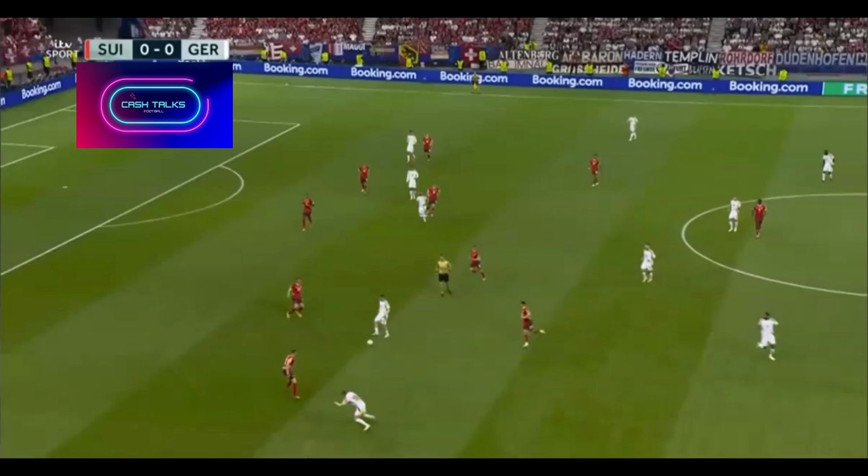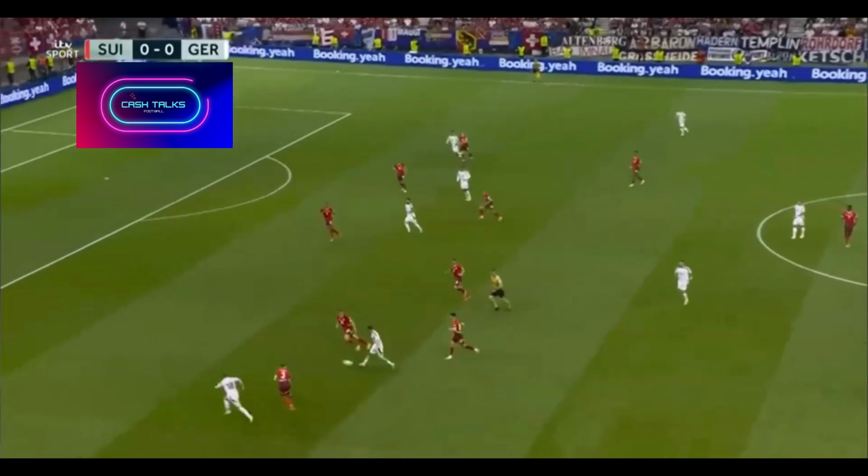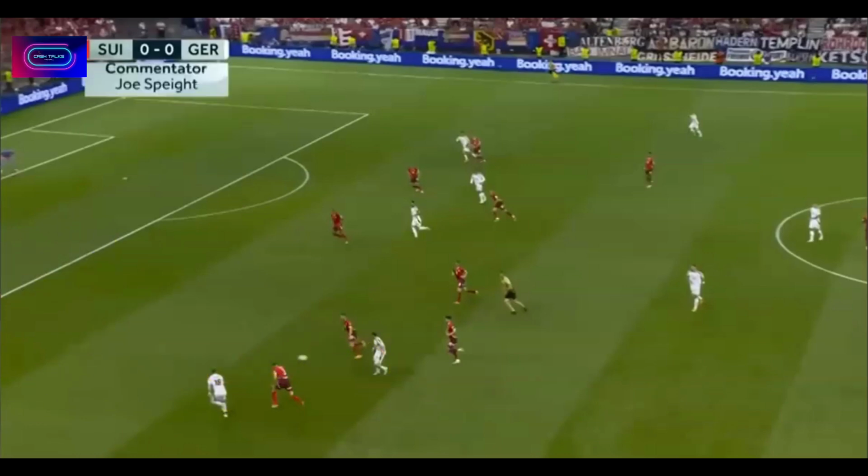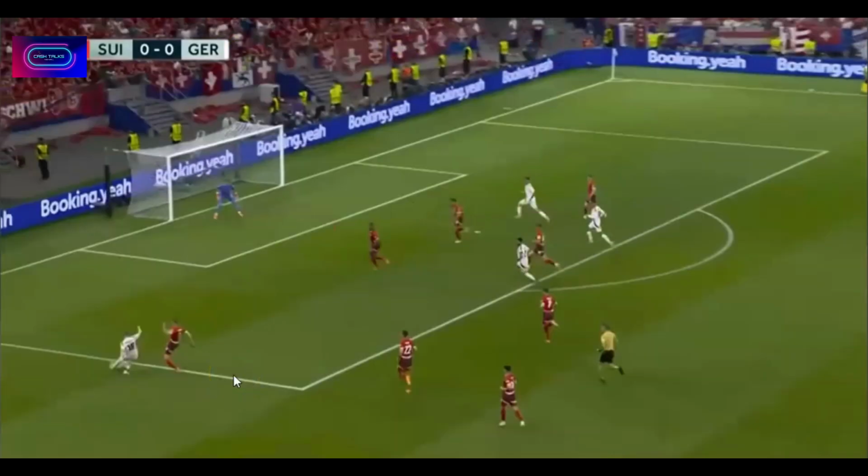Don't get involved here, because you'll just get beaten by a one-two, and that's exactly what happens. Let's move this on. And as you can see, now it's completely and utterly done, it's not really a foot race, and off they go to get the cross in. And as this cross comes in, you can see how close he is to stopping the cross. That's why those extra 2 yards are so important, because he would have been there. He's almost there stopping the cross, but if he was 2 yards further back, he would have got there to stop this cross as it goes across.